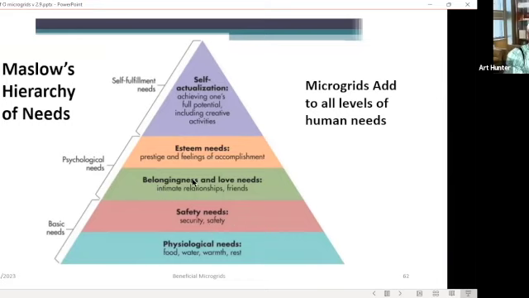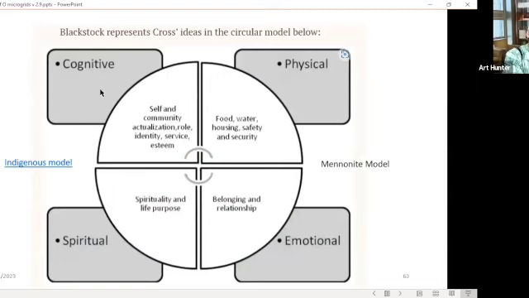Loneliness, relationships, friends, esteem need. In fact, all of these are social benefits. Don't see any money here at all. And they're being provided by microgrids, community microgrids. And I took a look at the indigenous model, as well as the Mennonite model, and they look at these as well. It's slightly different, mind you, but they still include the basics and being part of a community, spirituality, life purpose,